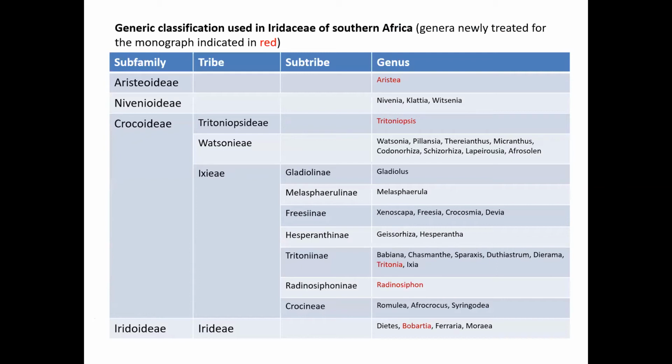I just wanted to put this up for you to see. The genera marked in red, that's Iridaceae, Tritoniopsis, Tritonia, Renown, and Barbatia. We reanalyzed those genera for this book. So we revisited the taxonomy of those genera because they were genera we haven't done, and the book includes new taxonomic understandings of those genera. All of the other genera we had looked at ourselves. So those were the ones that we hadn't looked at, and so we could reinterpret them to fit in with our understanding of taxonomy so that we got this consistent